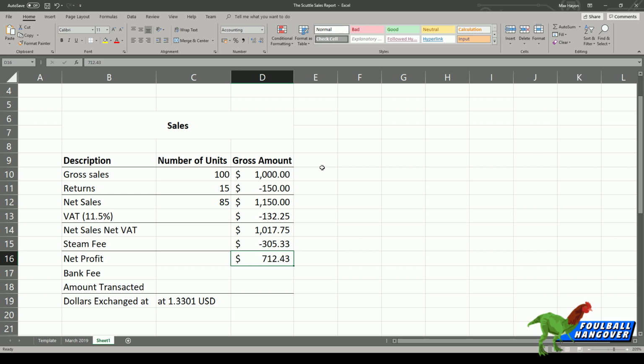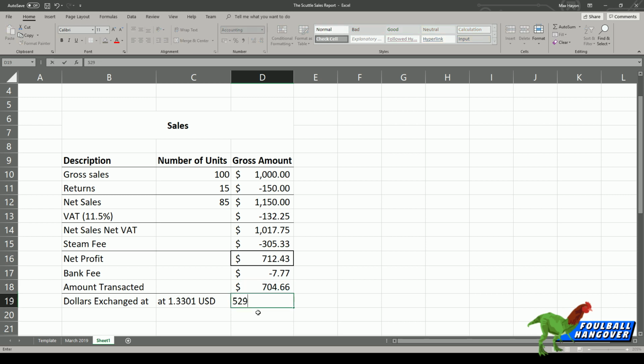Luckily enough for me, because I'm British, I have to actually change my dollars into pounds. So my bank actually charges a fee of £7.77, kind of depending on the exchange rate. They change that quite often, but last time I did it was at that. So that means the actual transaction that I get into my bank would be hypothetically about 700. So that is 30% gone already. And then I just change it to dollars. Last time I changed it, it was at 1.33, and that equals